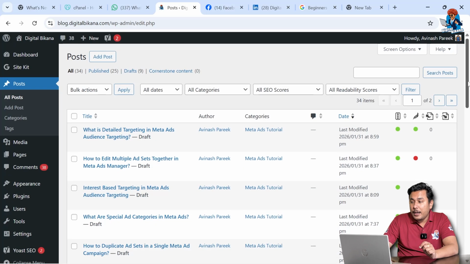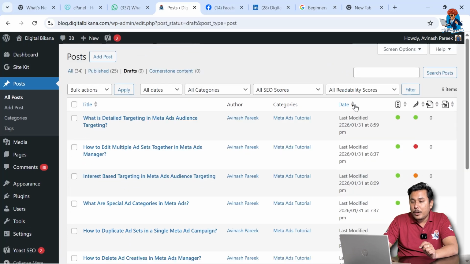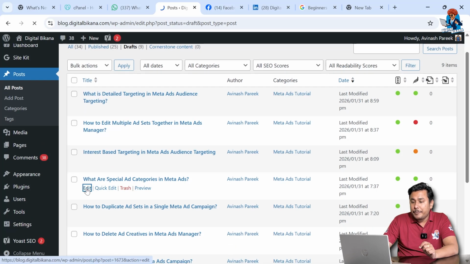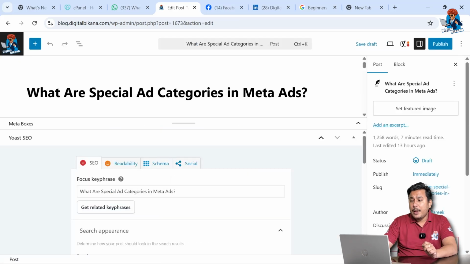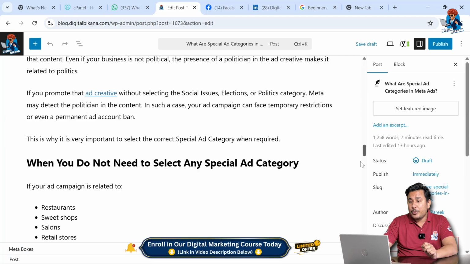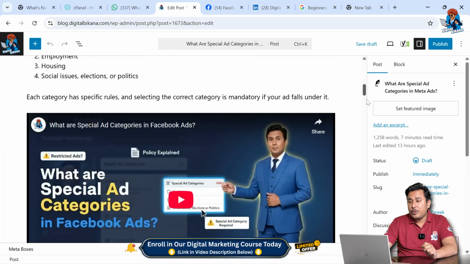And here I'm going to the draft blog post, as I have already kept a blog post in draft for your reference. And here you can simply click on Edit under the blog post title, right, to edit that particular blog post. As you can see, I have already written my blog post, and if I just want to preview it,